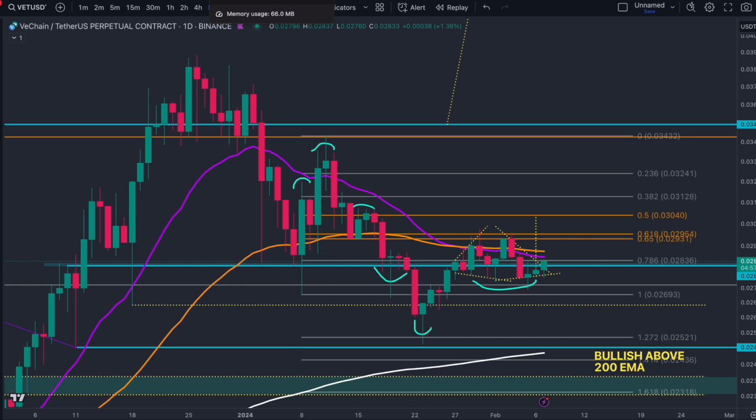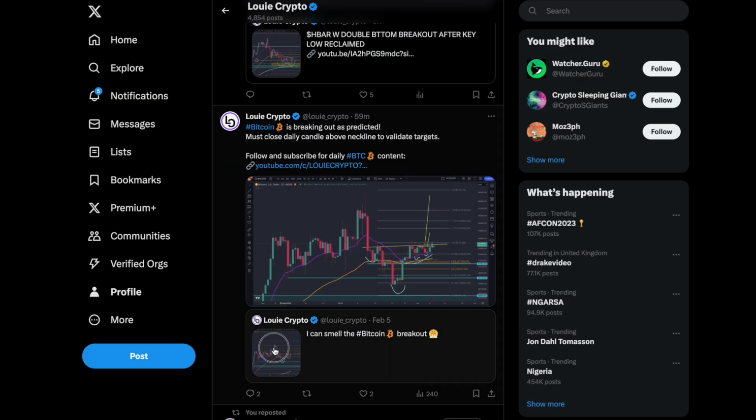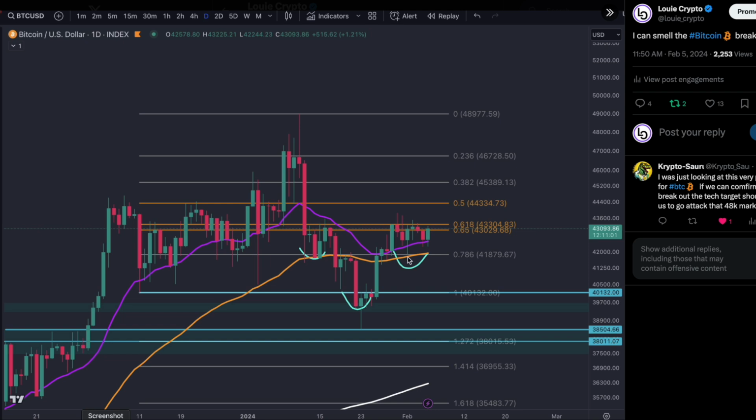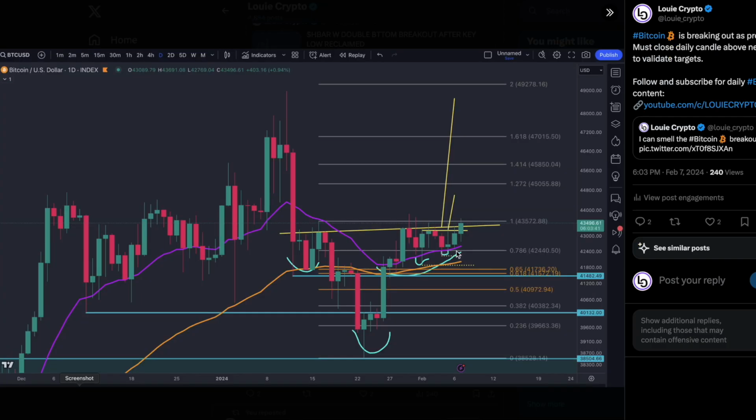What we need to do right now, before we dive into this diamond pattern, is take a look at Bitcoin. Over the past few days, back on February the 5th, we called for this breakout. We were actually talking about it last week, but on February the 5th we were, as you can see, smelling the Bitcoin breakout. Although getting rejected, we were maintaining the support. And I made further updates throughout the day that as long as that support holds, we will eventually get a breakout. And that is exactly what we're seeing today, and exactly what we've been waiting for, guys,